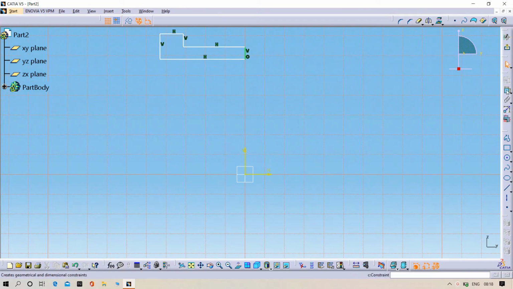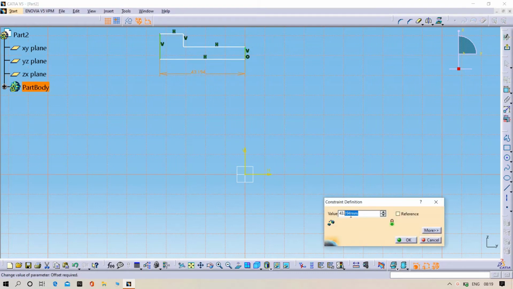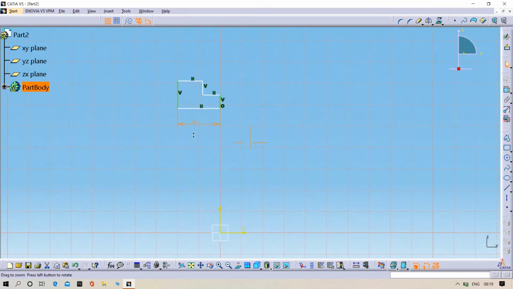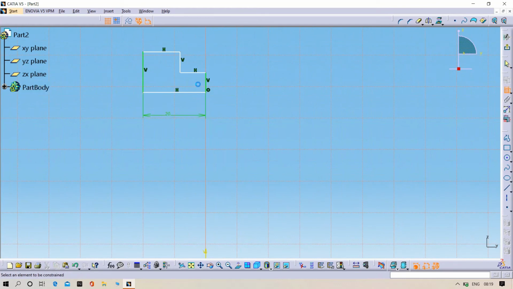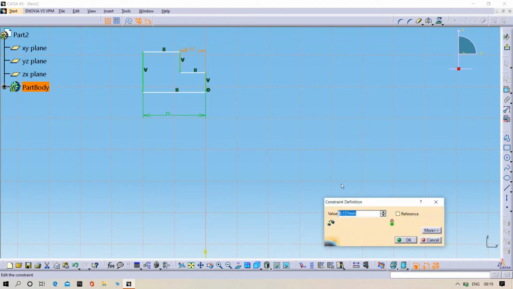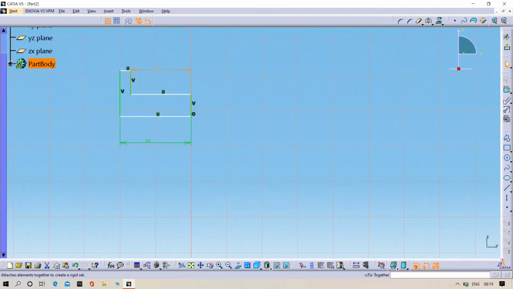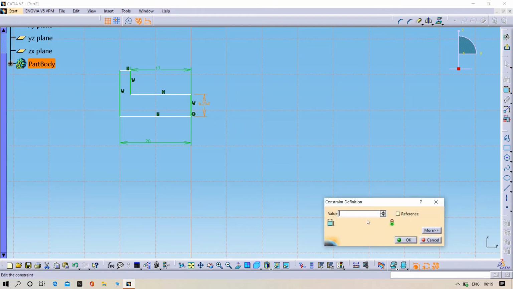Yeah, now try to give the dimensions. This has 17. This one 10, 4.